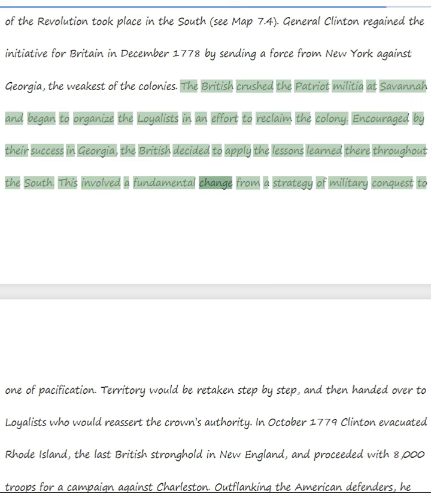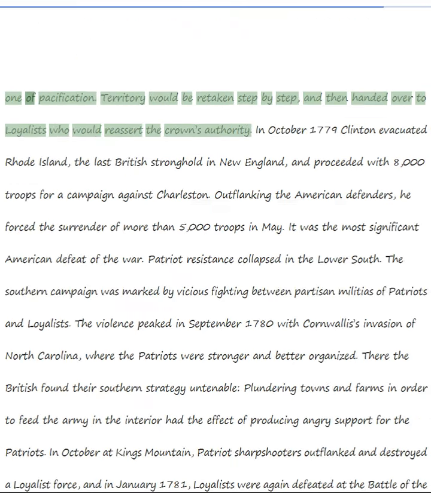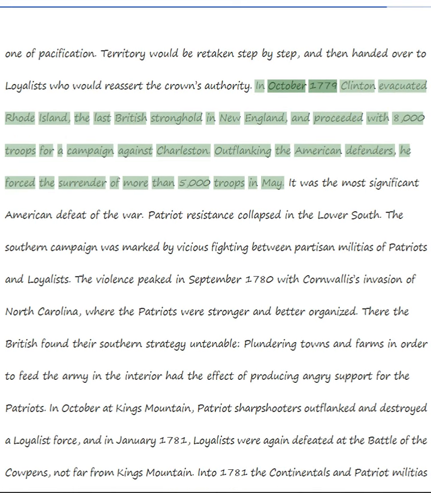This involved a fundamental change from a strategy of military conquest to one of pacification. Territory would be retaken step by step, and then handed over to Loyalists who would reassert the Crown's authority. In October 1779, Clinton evacuated